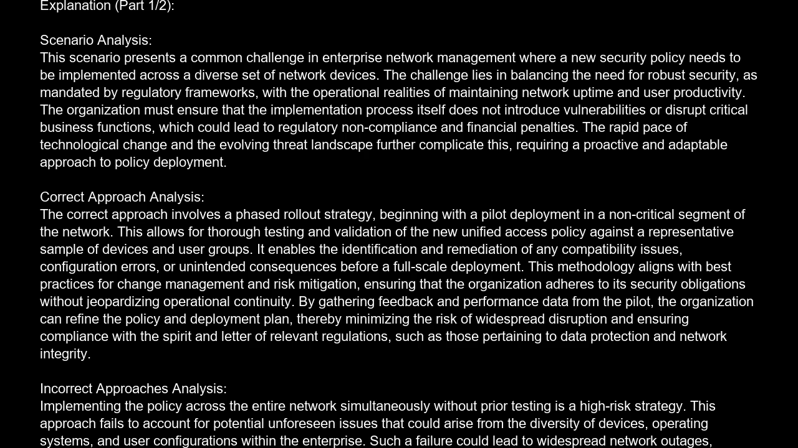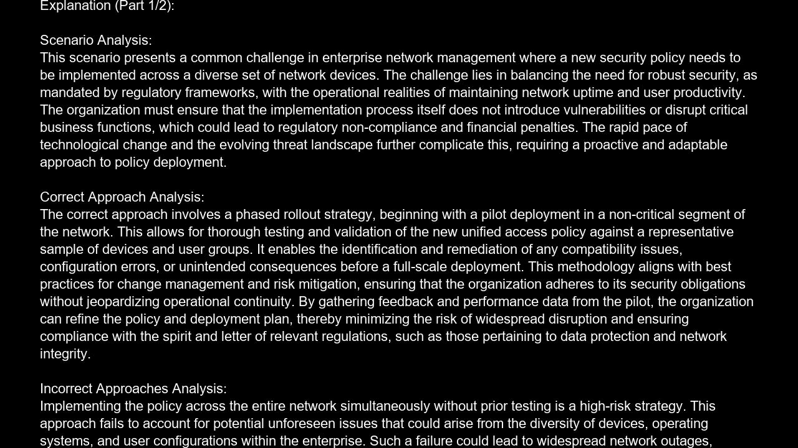The correct approach involves a phased rollout strategy, beginning with a pilot deployment in a non-critical segment of the network. This allows for thorough testing and validation of the new unified access policy against a representative sample of devices and user groups. It enables the identification and remediation of any compatibility issues, configuration errors, or unintended consequences before a full-scale